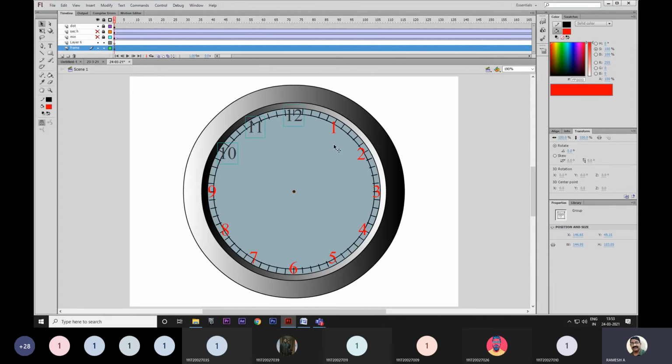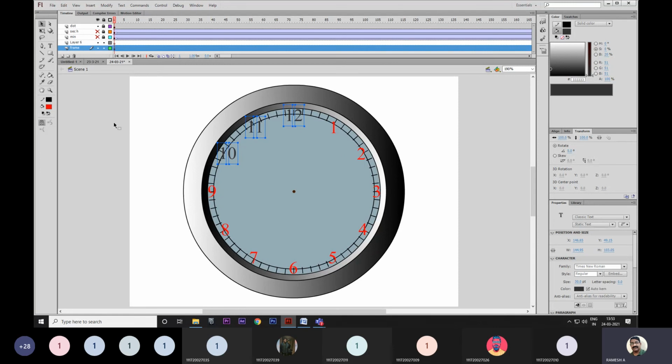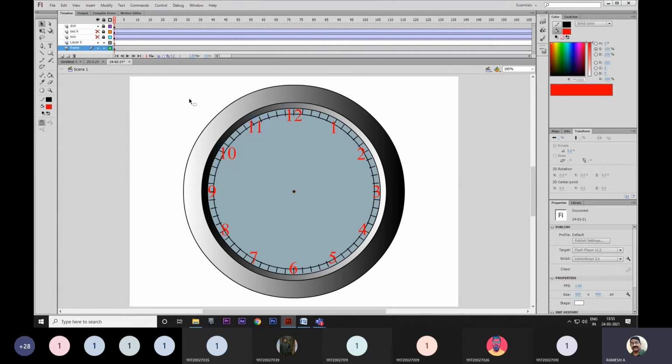Because I made a group. To break the group, Control B. Now I'm going to change the color. Okay, I think you understood that. Control S for save, Control Enter to run it.